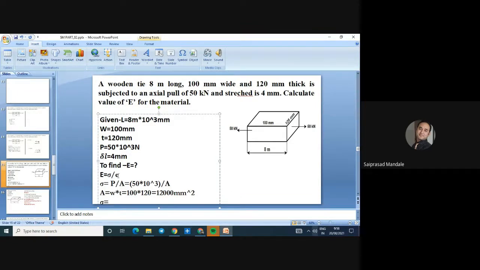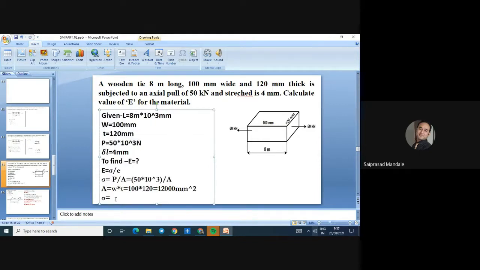So can we identify the strain? How to calculate the strain of that structural member? Or else give me the value for stress. Put the value, pick the value from the given parameters and put it into the equation. Find out the value of stress and tell me the answer. Everybody. 4.16. Unit is Newton per mm square. Is it right answer? Check it out.